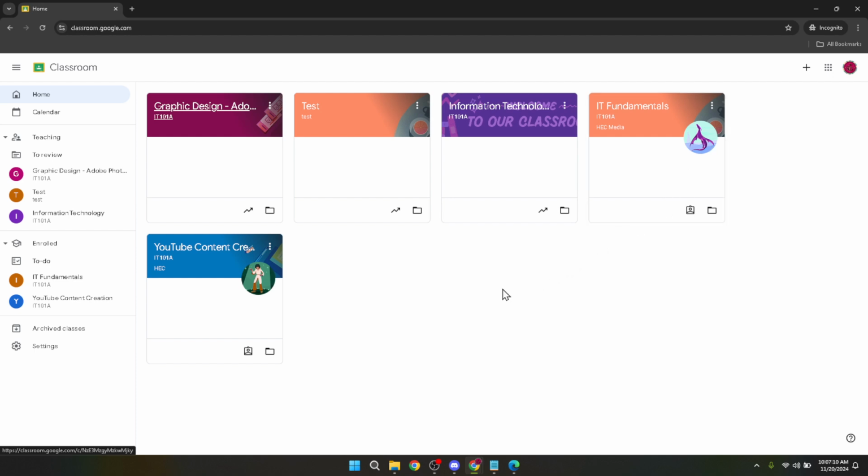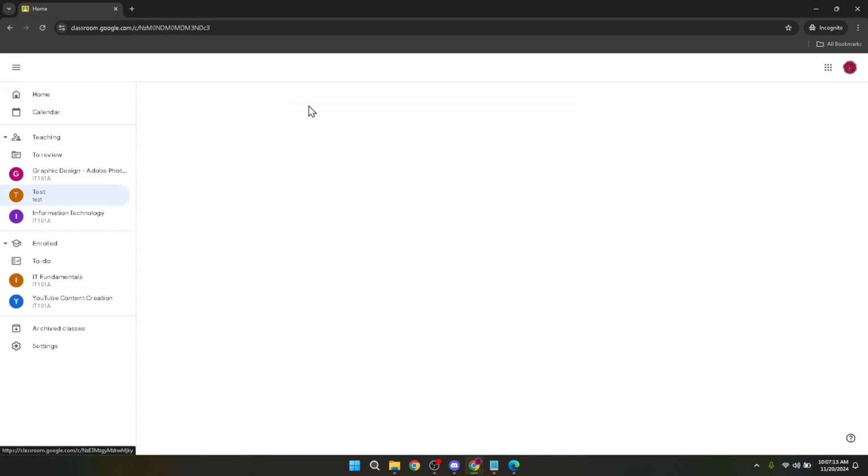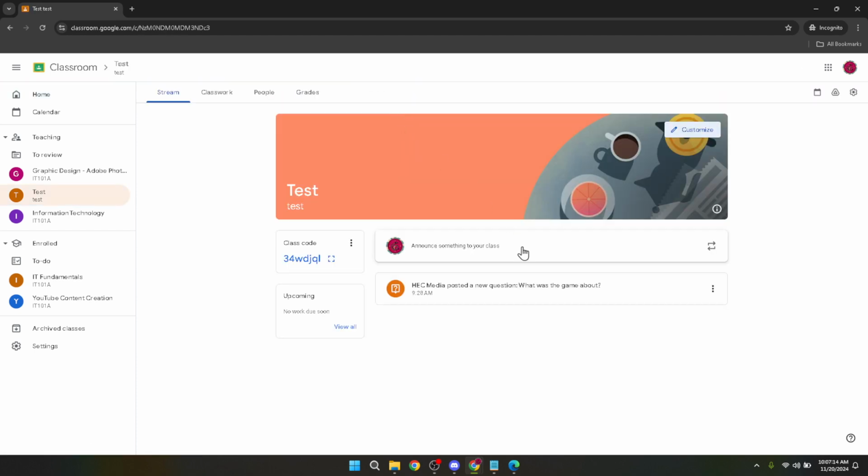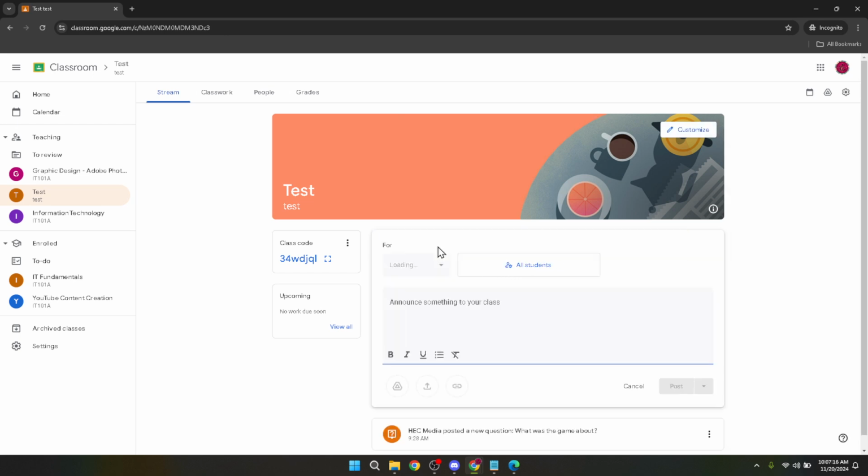Inside your selected classroom, it's time to start typing. Whether you're contributing to a discussion, submitting an assignment, or just leaving a comment for your class to see, locate the text field where you wish to input your text. Your cursor will blink, indicating it's ready for you to start typing. This is your chance to communicate, share insights, or ask questions, so make sure your message is clear and appropriate